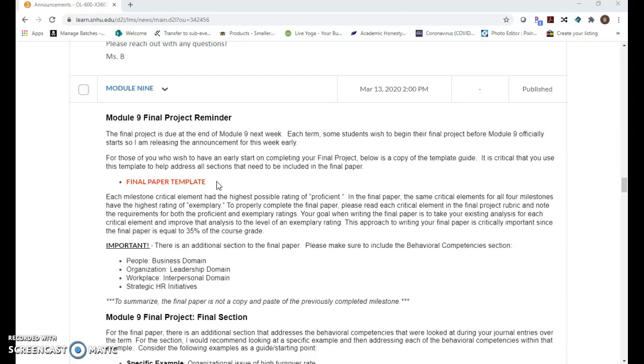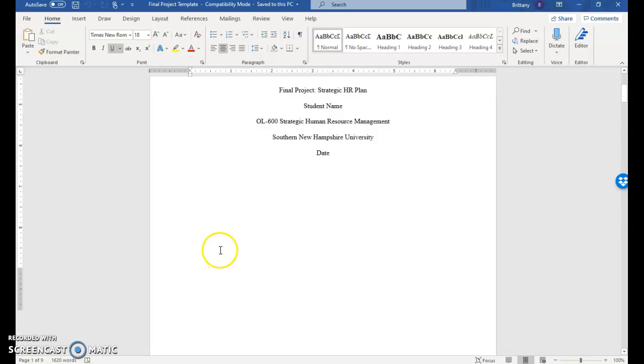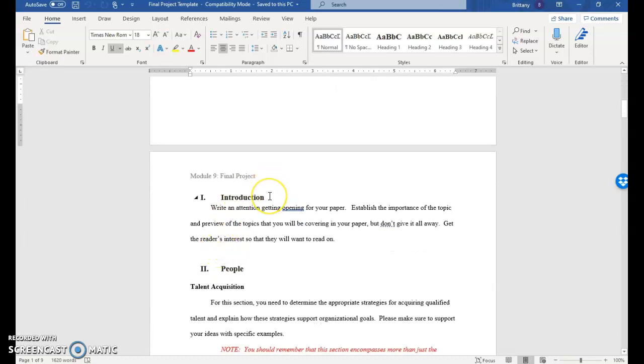With the final paper template, there are some sections that I would like to highlight and go over. So the first section is going to be the title page. We need to make sure that we have a title page for the final project. You will also want to make sure that you have an introduction section. So this should be a quick 1 to 2 paragraph with an attention opener, as well as establishing the importance of the topics that we're going to discuss within the paper. You will want to make sure that you remove any other introductions that you've had within the different milestone papers